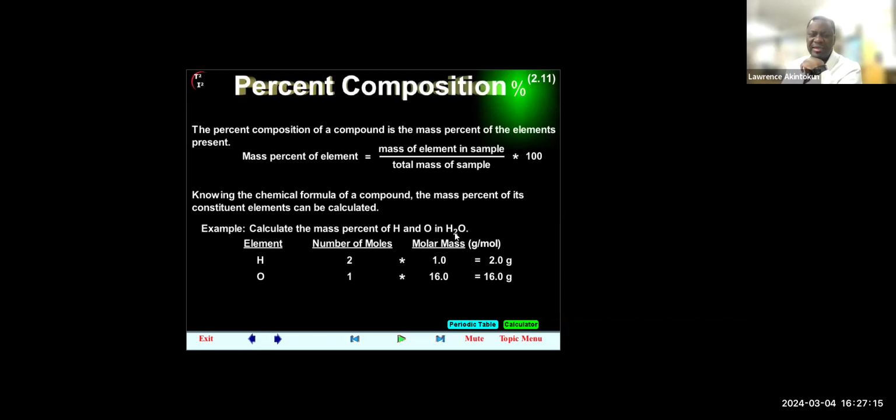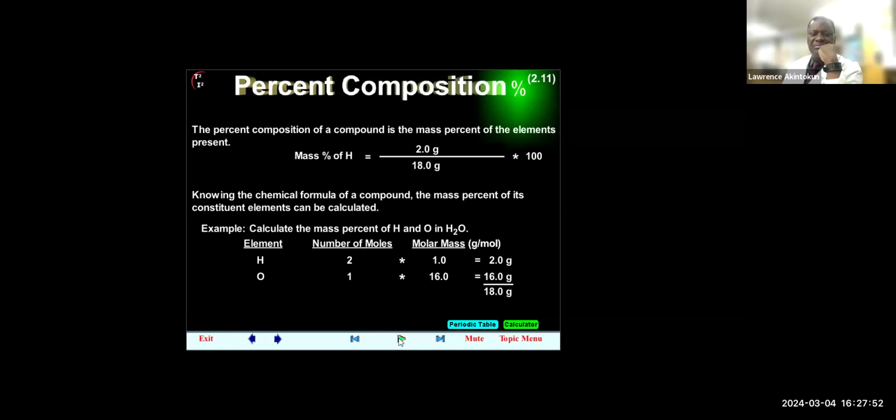So you have 2 times 1 because the atomic mass of hydrogen is 1.0. So when you multiply 2 by 1, you get 2. But for oxygen, there is only 1 atom of oxygen, and the atomic mass of oxygen is 16.0. So 16 times 1 is 16. So the molar mass of H2O is going to be 2 plus 16, which is 18. Equals 18.0 grams. Mass percent of H equals 2.0 grams